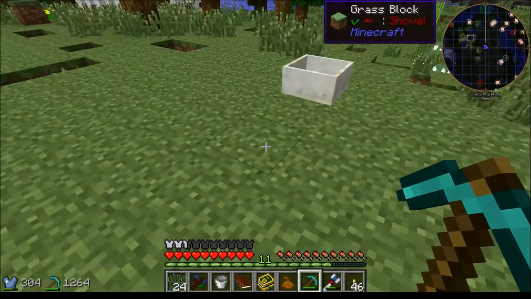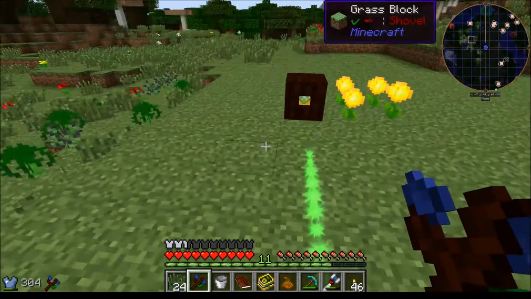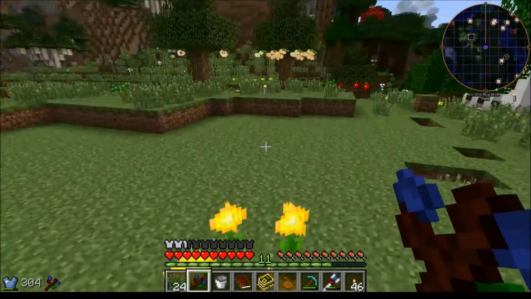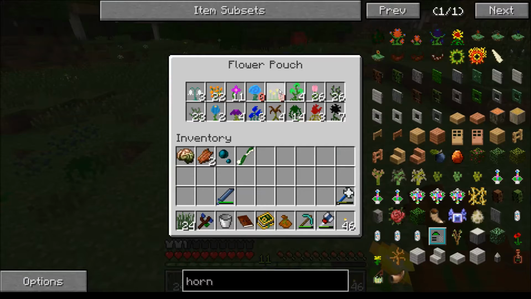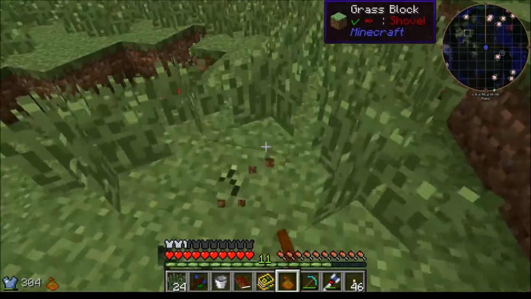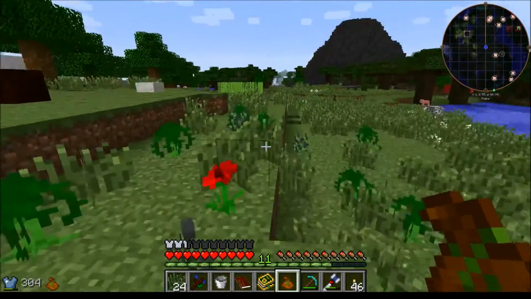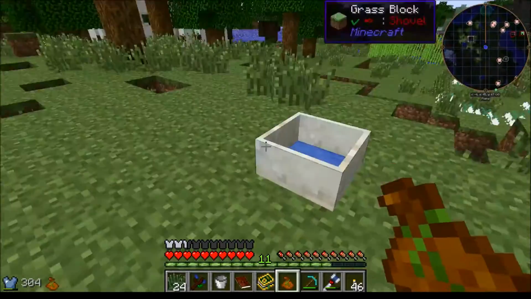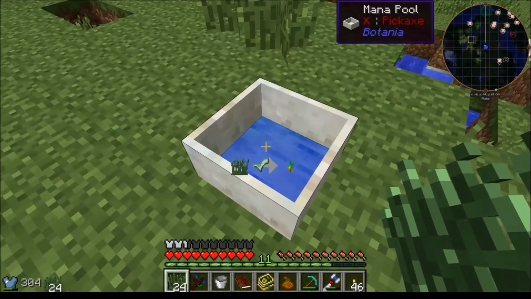The mana spreader is pushing stuff over to here, the mana pool, which is fine. And I needed to, so I'm still hoping to make more of these. I need more yellow. And so I'm running around the world and I'm going, okay, that's tedious. That is just so tedious. So we're going to do something with Botania to help us out, and first thing we need to convert this